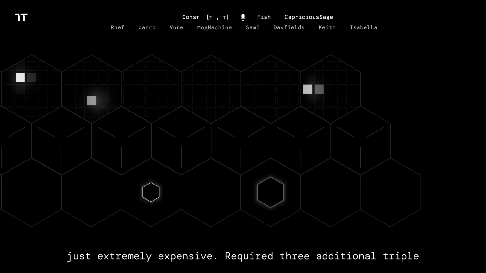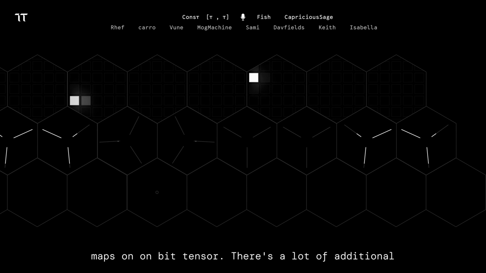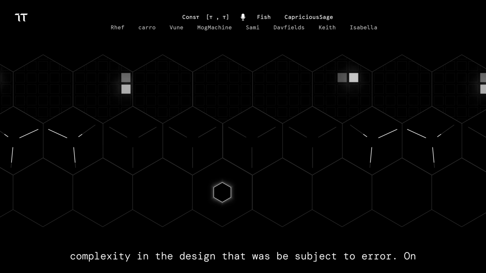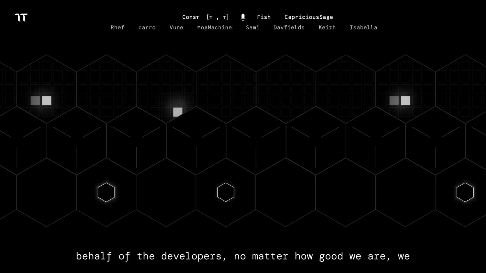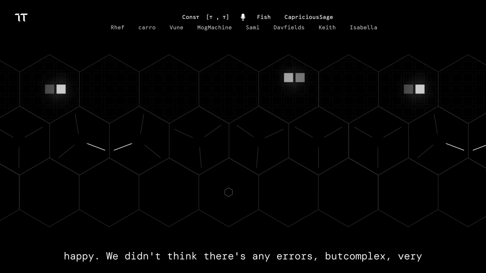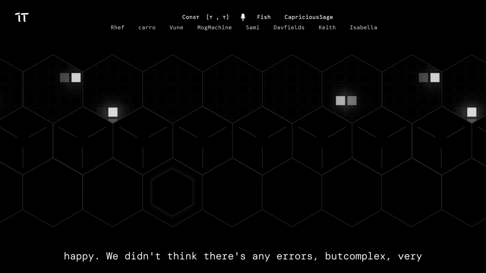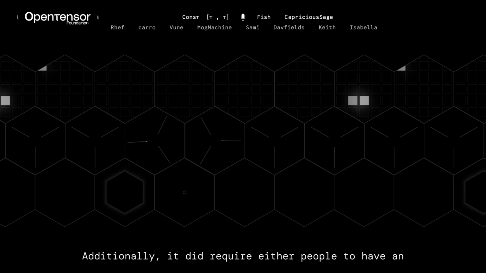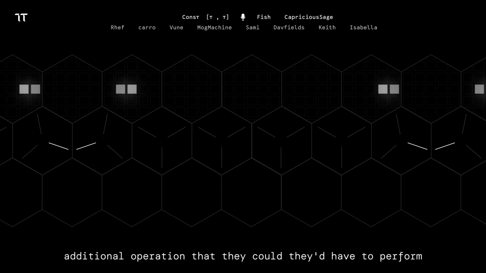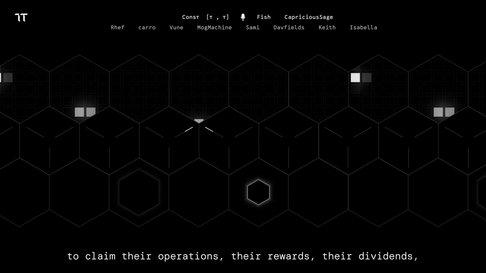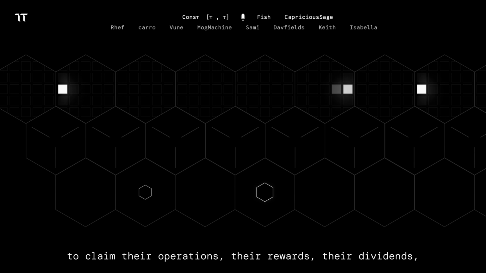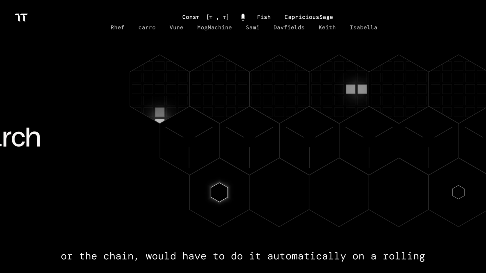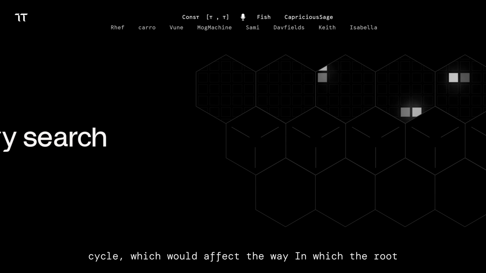It required 3 additional triple maps on Bittensor. There's a lot of additional complexity in the design that would be subject to error on behalf of the developers. No matter how good we are, we didn't think there were any errors, but it's very complex. Additionally, it did require either people to have an additional operation to claim their rewards, their dividends, or the chain would have to do it automatically on a rolling cycle, which would affect